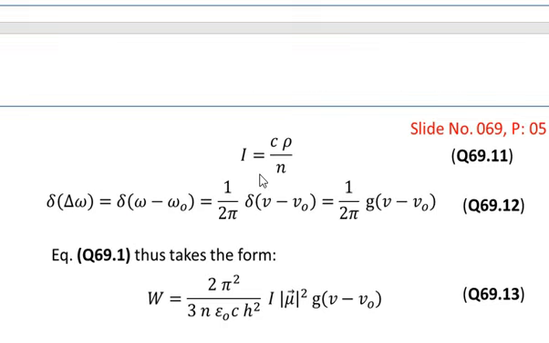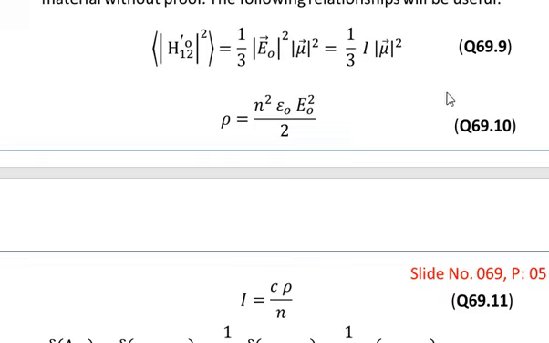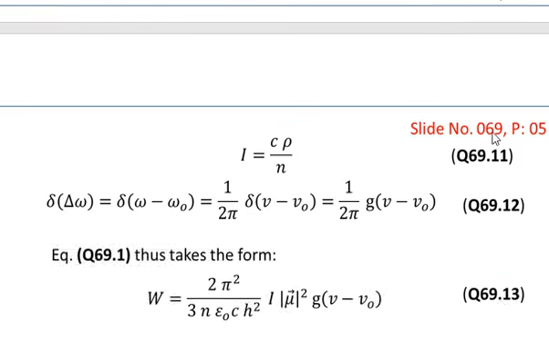So let's solve. Delta of omega can be written as delta of omega minus omega naught, and omega can be written as 2 pi nu, and omega naught can be written as 2 pi nu naught. So we have 2 pi common within the delta function, and if you take 2 pi outside the delta function, it becomes 1 over 2 pi multiplied by delta of nu minus nu naught. And as I said earlier, we shall replace delta of nu minus nu naught by the function g of nu minus nu naught. So making these changes as given in equations number 69.9, 69.10, 11 and 12, the equation number 1 becomes,